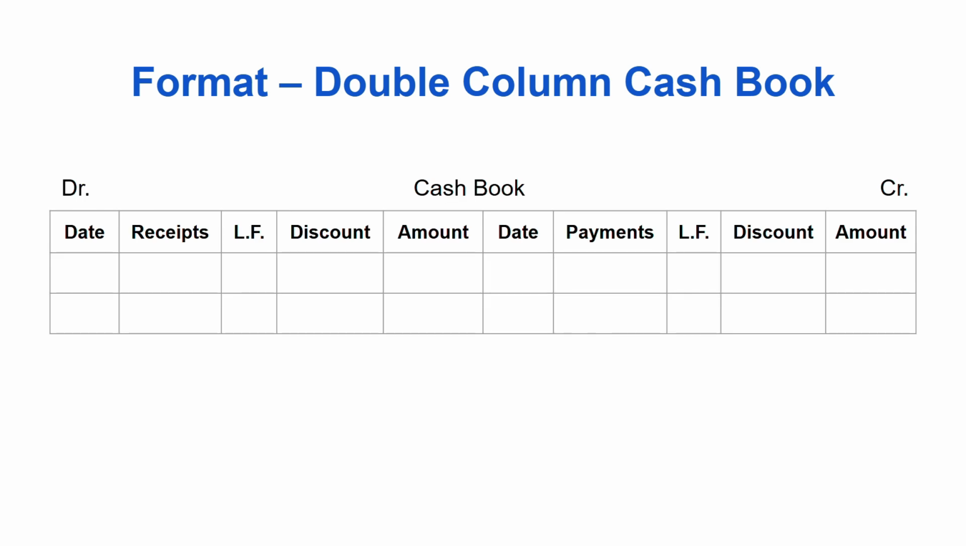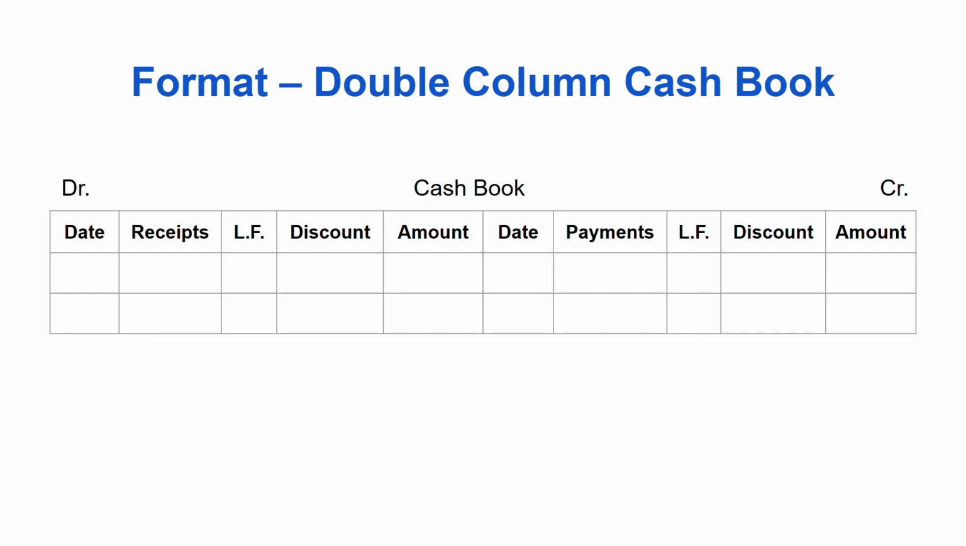On both sides, debit and credit, there are two amount columns. The left side, that is the debit side, records cash receipts and discount allowed, and the right side, that is the credit side, records cash payment and discount received. Date records the date of the transaction, receipts records the receipt transaction, ledger folio is the cross reference with the ledger, the discount column records discount allowed for the debit side or received for the credit side, and